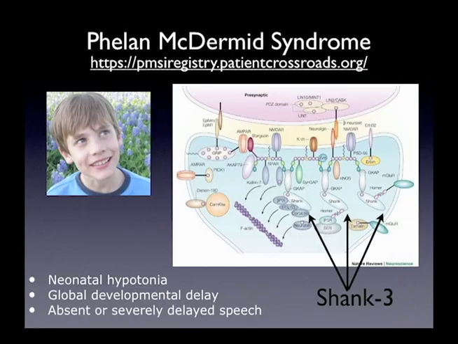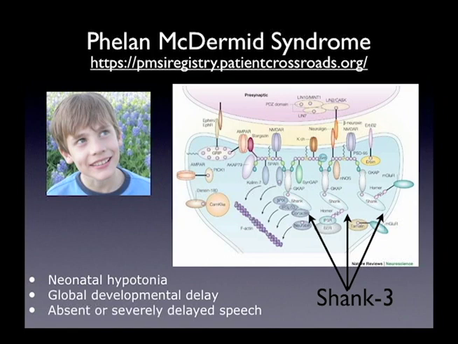Okay, so for the last 2 or 3 minutes, I'm going to tell you about kids with Phelan-McDermott syndrome. So these kids have another kind of autism. They have neonatal hypotonia, they have global developmental delay, and they have absence or severely delayed speech. And they have a mutation on chromosome